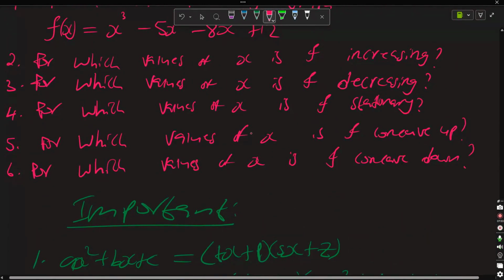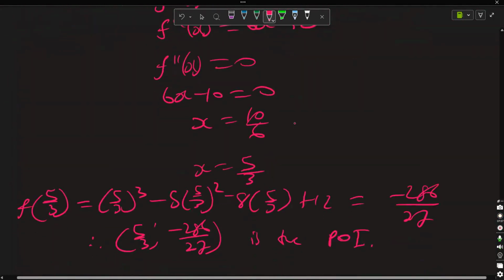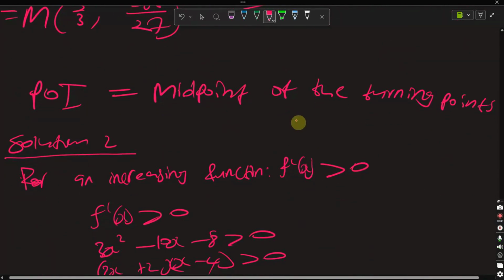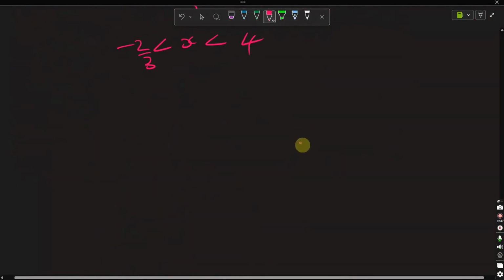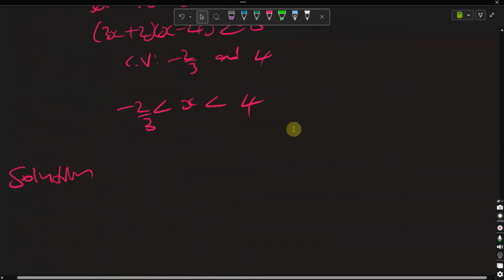Number 4, for which values of x is the graph stationary? That is easy. Remember, for stationary points, or for the graph to be stationary, the first derivative should be 0. So is it solution 3 or solution 4? I think solution 4. Yeah, solution 4,